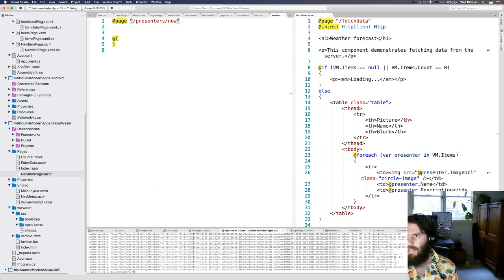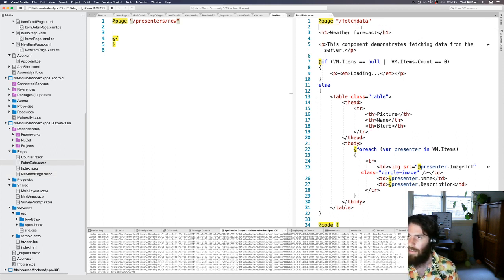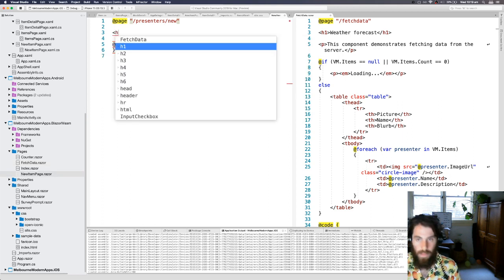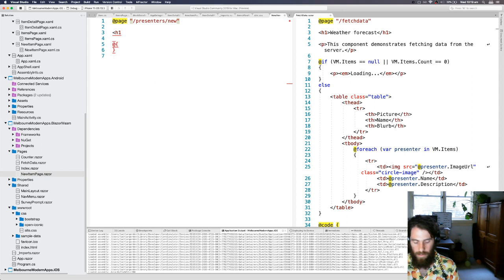This page has the HTTP client in it, but we're not using that anymore, so I can get rid of that. Give it a heading with an H1, a new presenter,